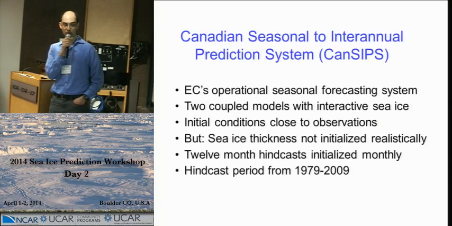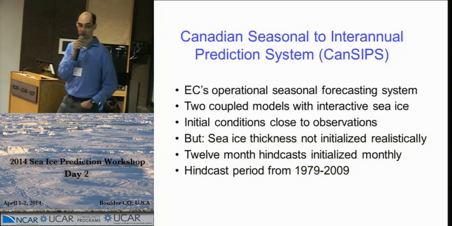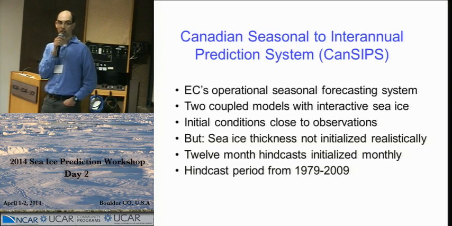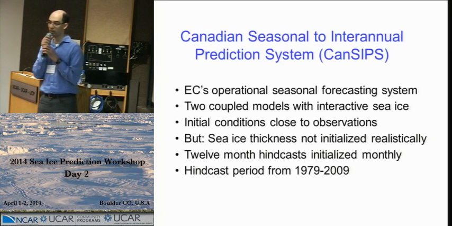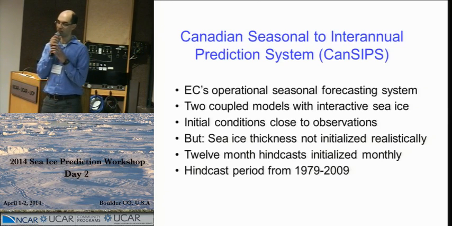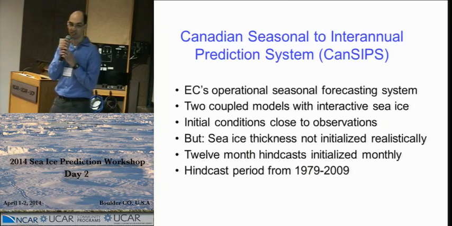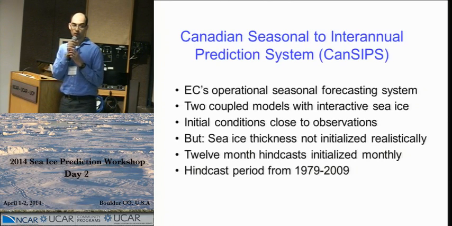However, we were not able to do something sensible with sea ice thickness. Specifically, in these simulations, we nudged to a climatology. So the sea ice thickness initial conditions for 1979 were the same as in 2009, which is obviously not very realistic. We typically use a run for 12 months,